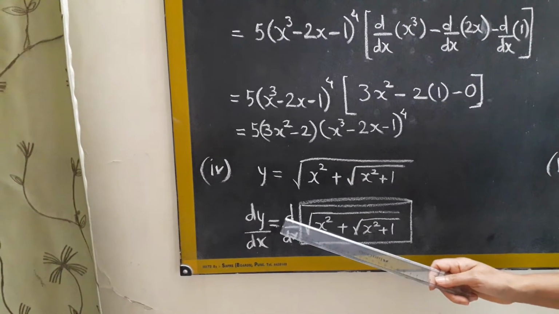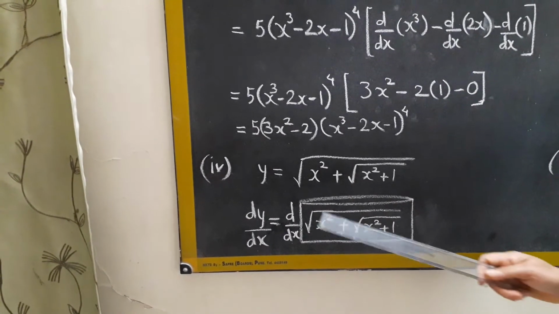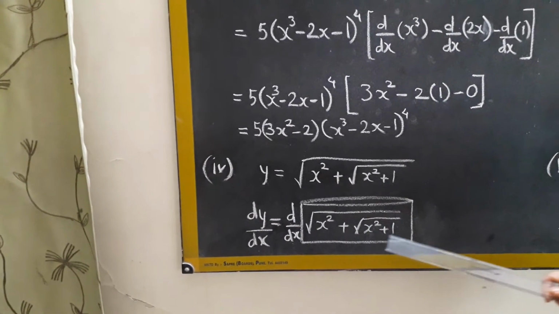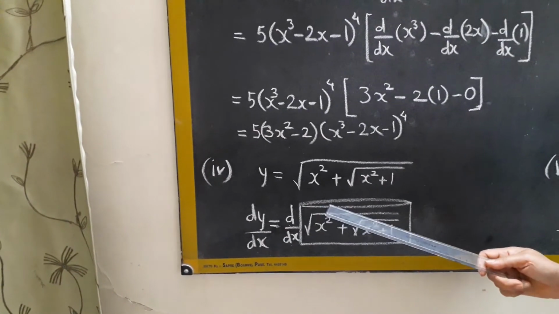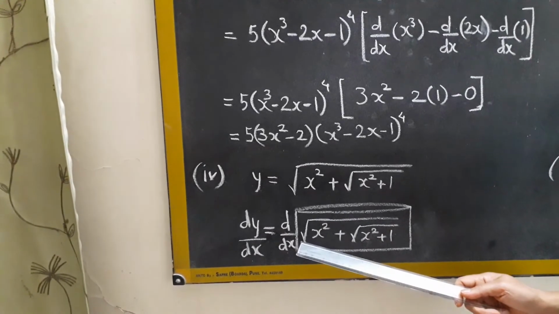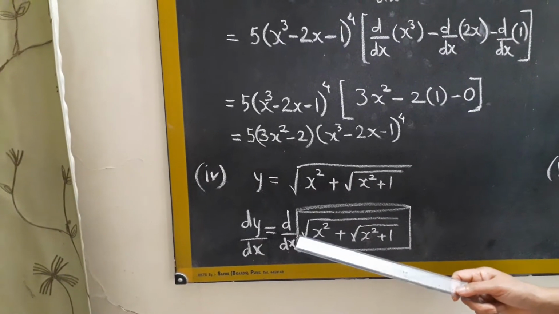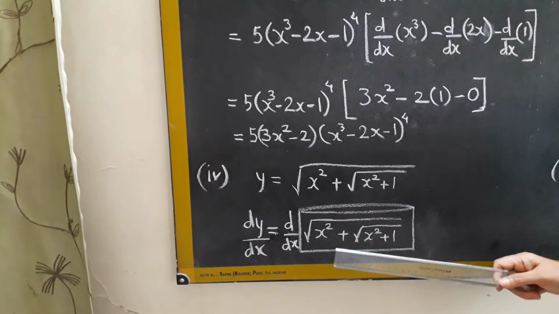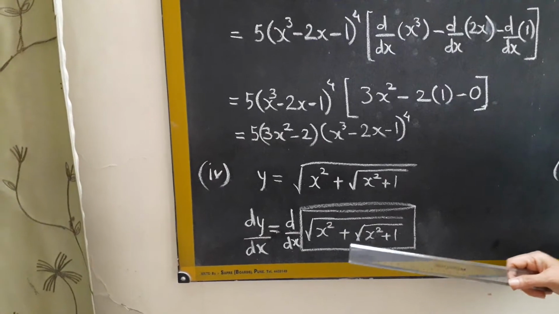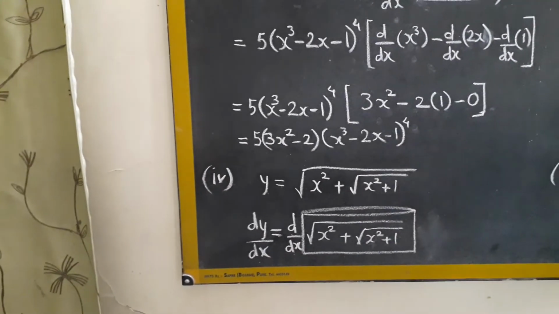We want to find out the derivative of the whole expression, meaning we want to open this box. To open this box, we have to find the square root of the whole thing. The square root of the whole thing is the type of function,